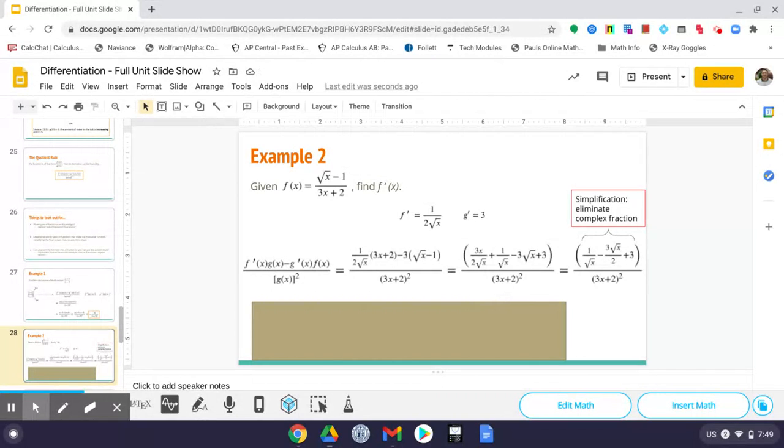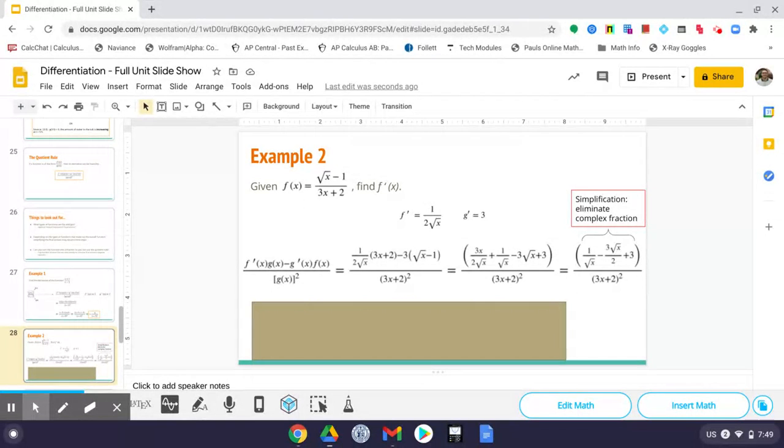You see I did a little bit of simplification. The 2 over 2 root x just becomes 1 over root x. I distributed the negative 3 in, so it becomes a positive 3 on the end. And so the next step, if you see this last line on the top here, I didn't show this, but I did simplify